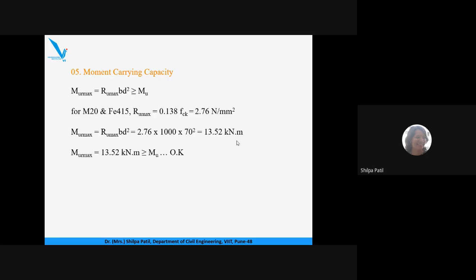What was our MU value, which we have calculated in the earlier step? 2.19 kilonewton meter, and MUR max is coming as 13.52 kilonewton meter. So our assumption of D, effective depth, and the other values are correct. Okay, or whatever the D value we have used for the calculation are correct, because our moment carrying capacity of the slab is coming greater than MU, actual moment acting on a slab. Now the next step is